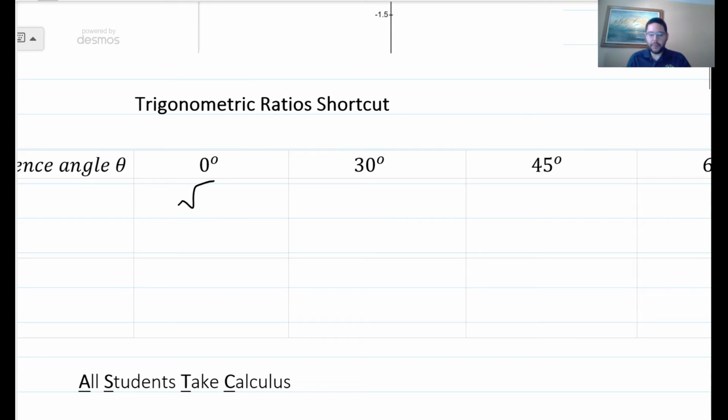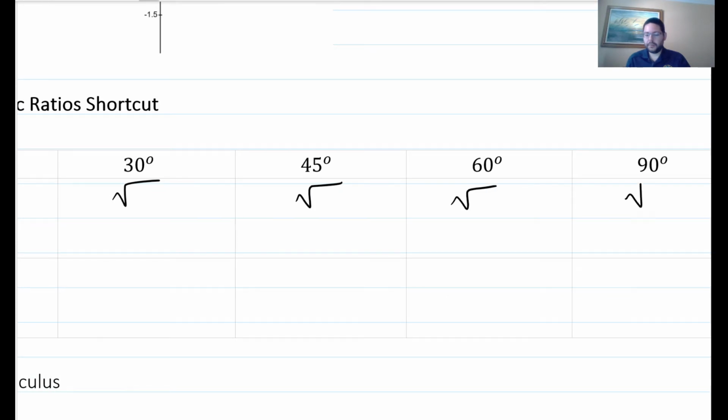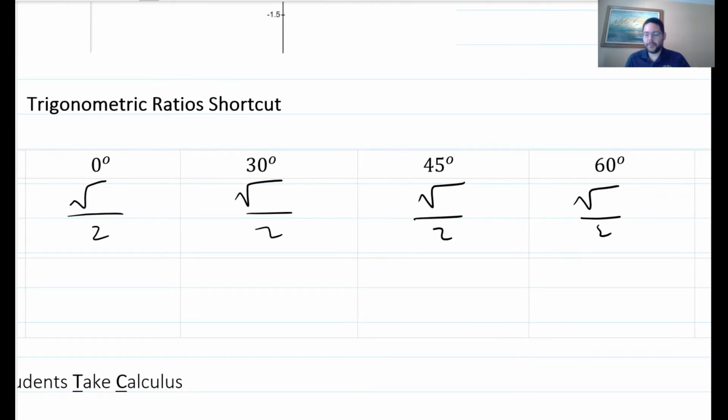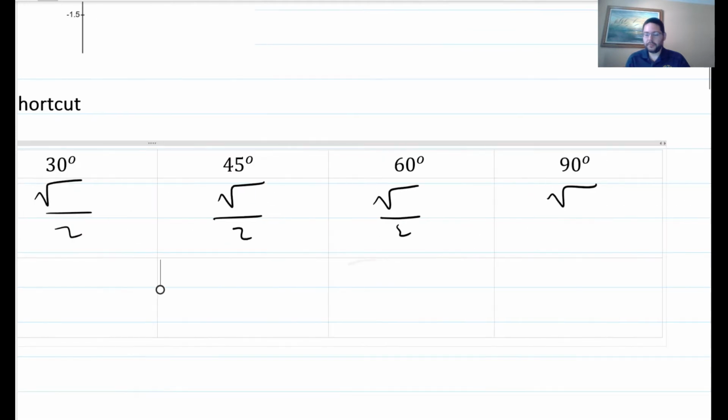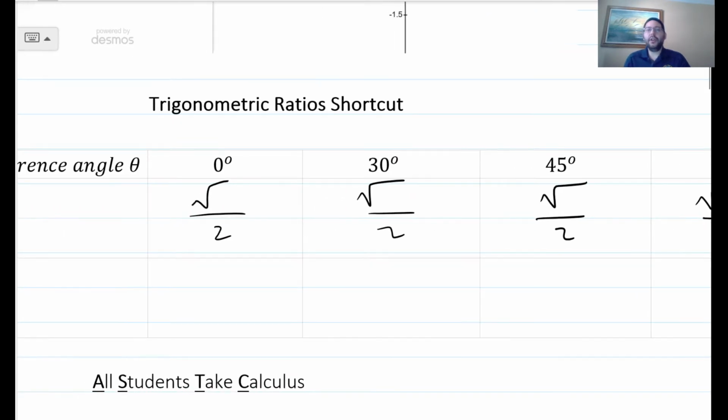We're going to start by writing a square root on each of these, and then each of these is going to be divided by 2. Then I'm going to number them from 0 all the way to 4: 0, 1, 2,